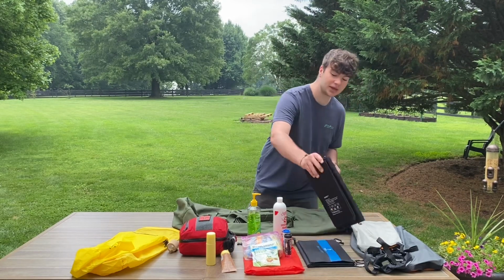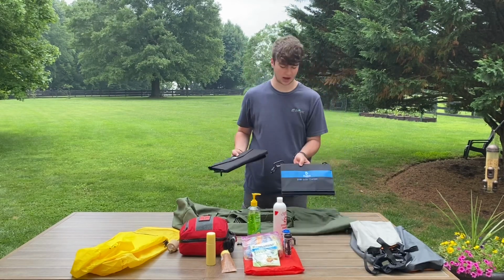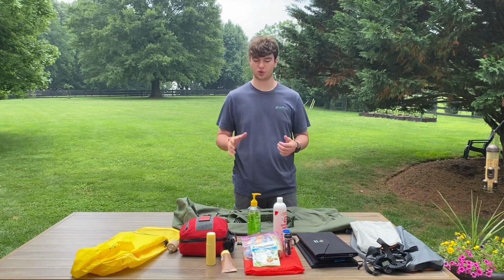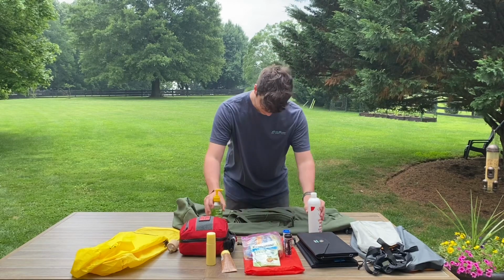We have 2 different types. We have this Aki, and we have the Big Blue. Both were pretty good. I found the Aki seemed to work better, but that may have just been a fluke. Additionally,